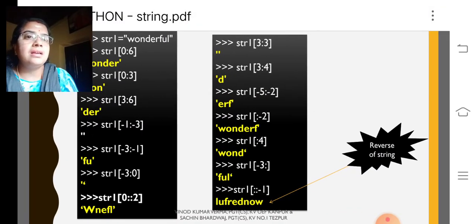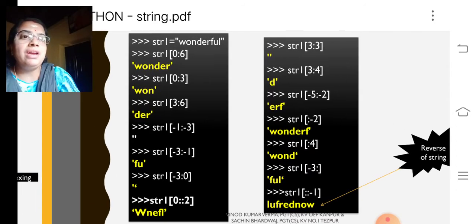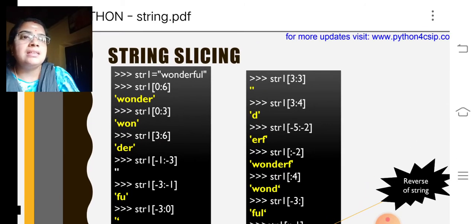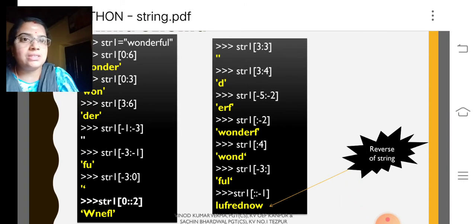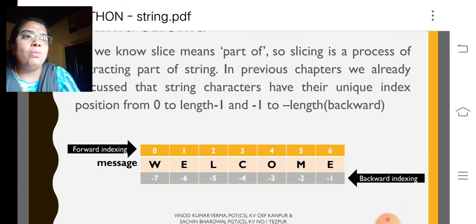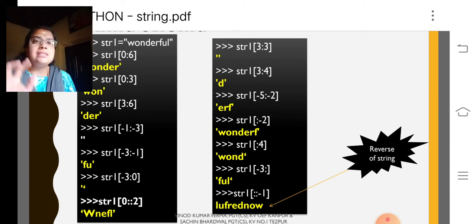Look at this. String 1, "wonderful". If you give the slice 0 colon 6, it will give "wonder" only, that is, index 0 to the 5th index. That is the upper bound. Here also it is like range.